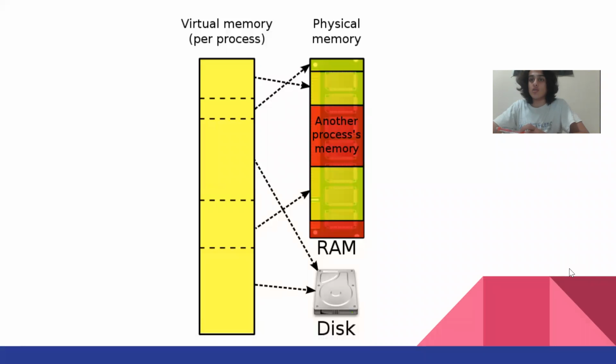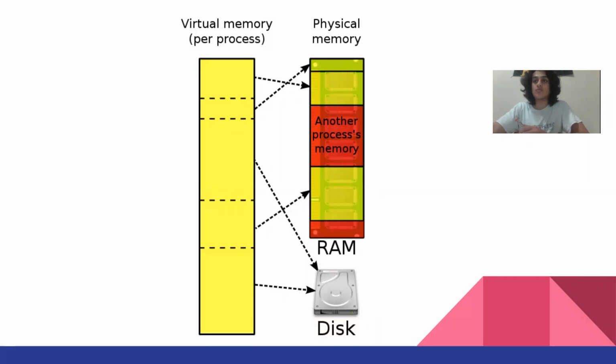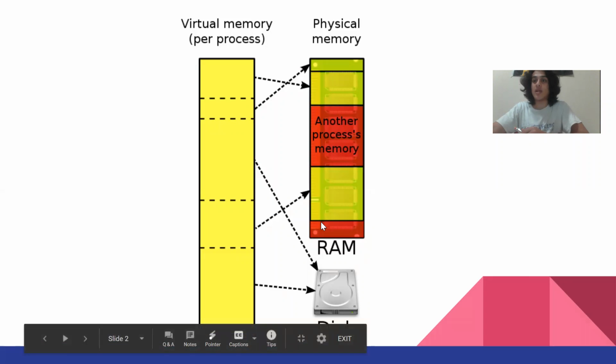And overall, it can give us the illusion of more memory than what we have, because for each process you basically have another set of virtual memory, and then you can have the illusion of more memory than is physically given by paging and by switching memory between your processes. So then you can map to many different locations and look at different locations of memory. You can look at your main memory in the RAM and the secondary storage in